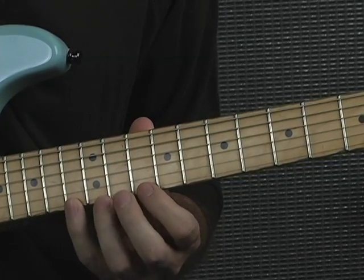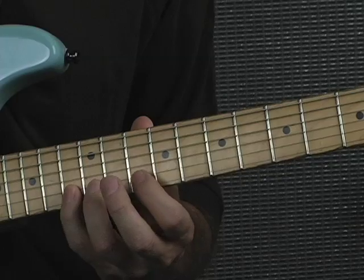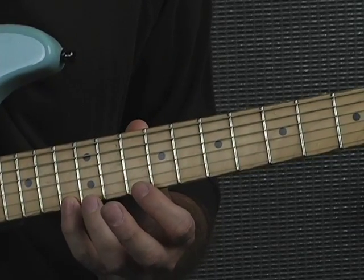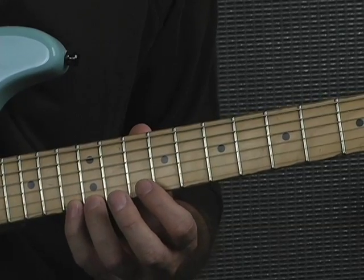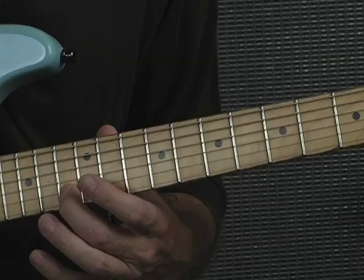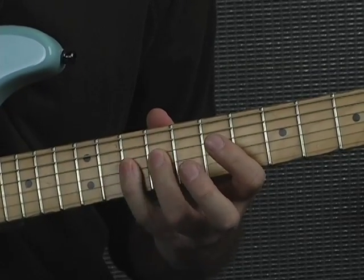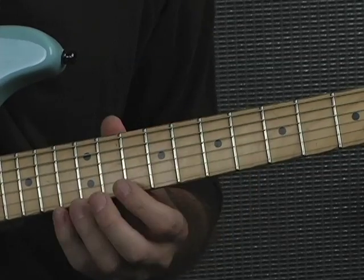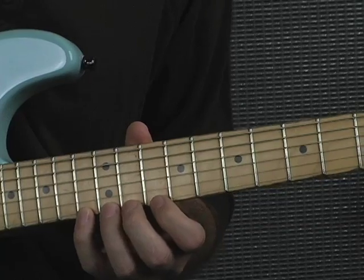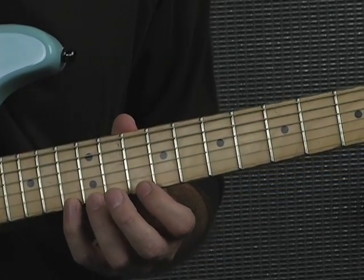When you're playing this 4-3-1, 4-3-1, or 1-3-4, whatever, ascending or descending, the great thing about these major scales, the 7-note scale as opposed to a pentatonic scale with 5 notes, is you have half steps in this scale. Notes that are 1 fret apart. Especially if you're playing over major ballad-type chords or a mellow sound where you want to emote a lot of feeling,